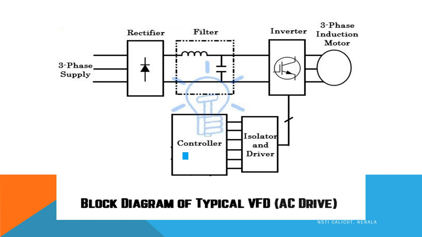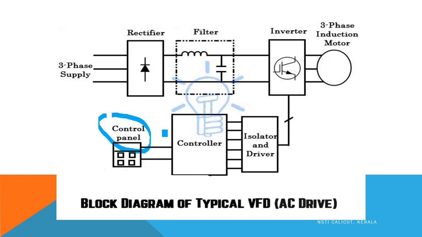And this is known as the controller. For the water tap, you are manually operating by hand. Here the driving is given by the driver circuit, and the controller will control when it has to give the pulse, when it has to drive the signal. So that is the function of the controller. And the controller is generally programmed and we can additionally change the programs by the control panel. The control panel can be seen on the VFD itself.